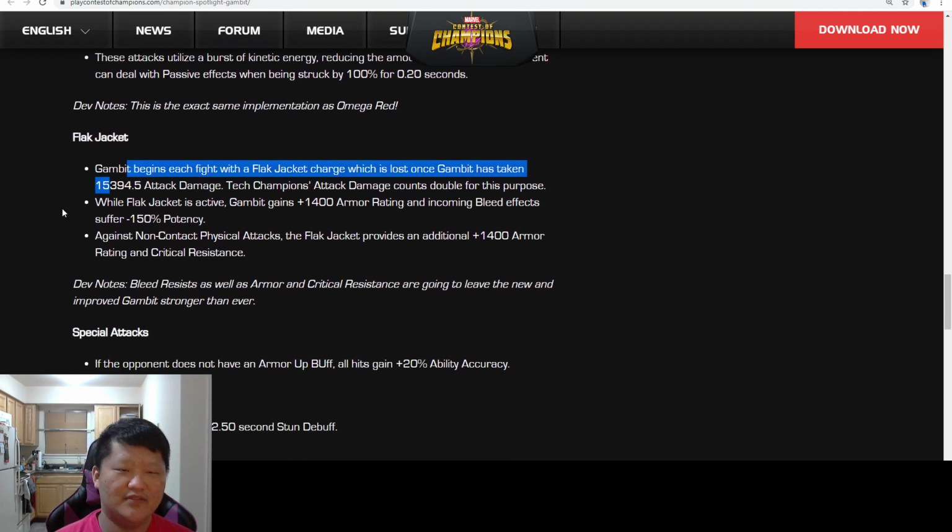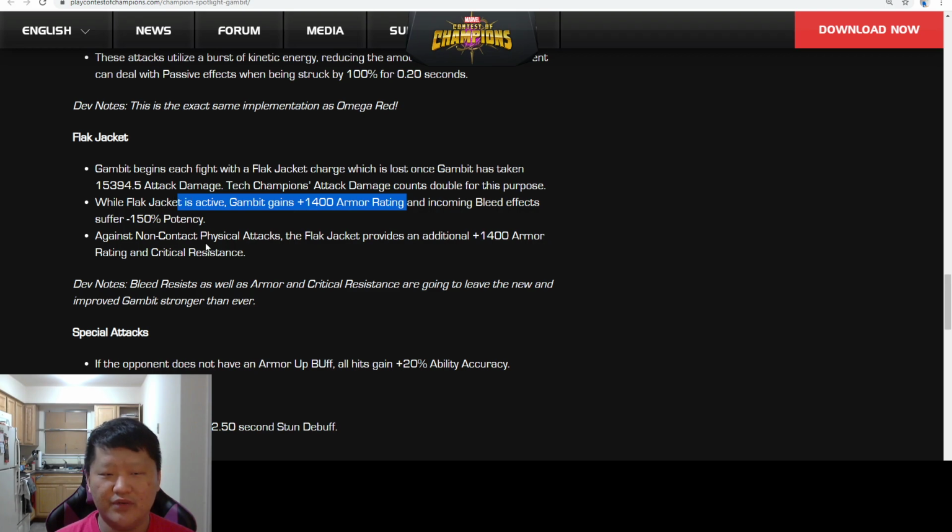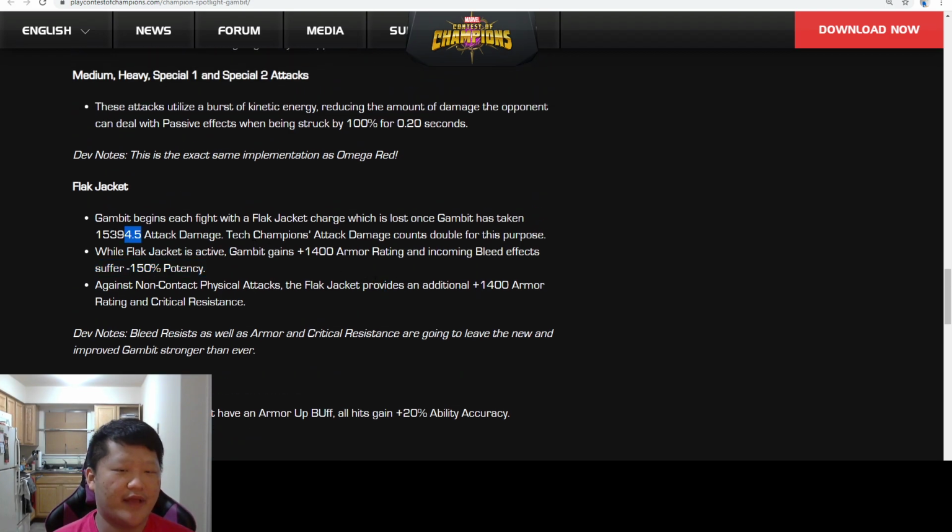They've also given him something called Flak Jacket, which will essentially give him a pseudo shield that provides armor rating, incoming bleed potency reduction, as well as protection against non-contact physical attacks. It will provide additional armor and critical resistance. This is cool because if you're using him as an attacker and you're playing properly, he's essentially bleed immune, bleed resistant completely, which is really nice, and he'll be a little bit tankier, at least for a little part